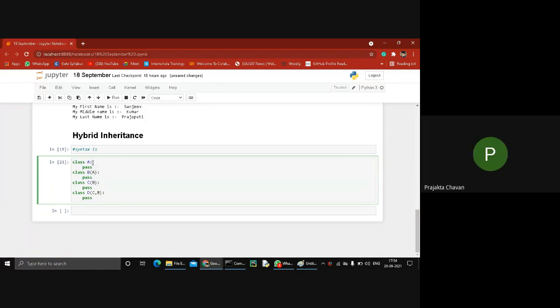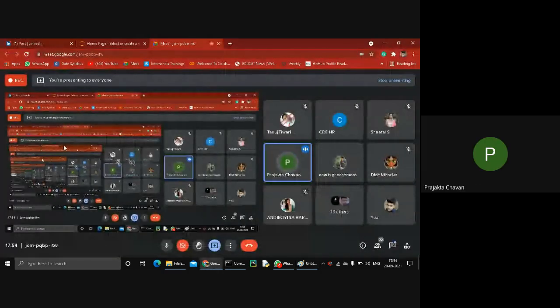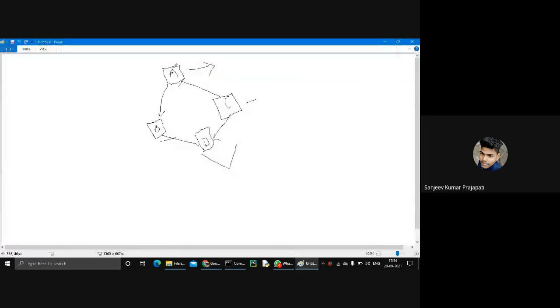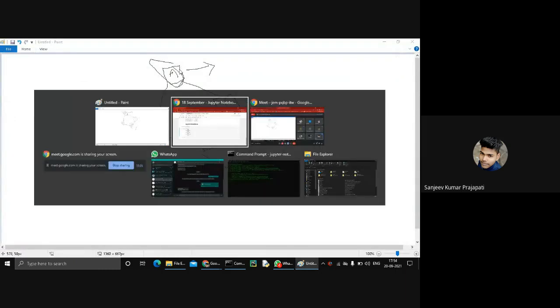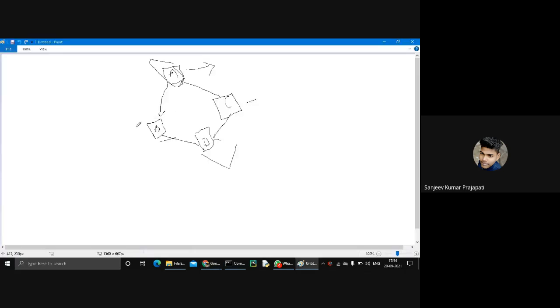Firstly, we have to get the parent class. In a C class, all properties of A class. In a D class, all properties of B and C class. For example, this is your A class. This is your first class. Okay. And class B contains all the properties of A. You see, class B contains all the properties of A. So A is a parent class of B. Okay.